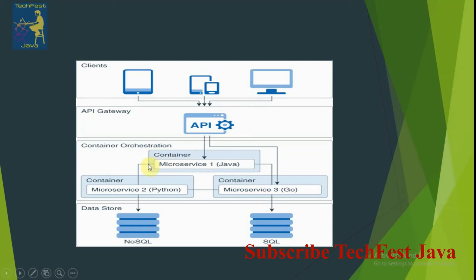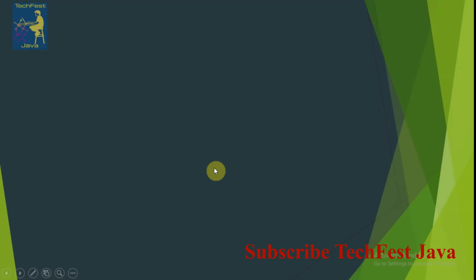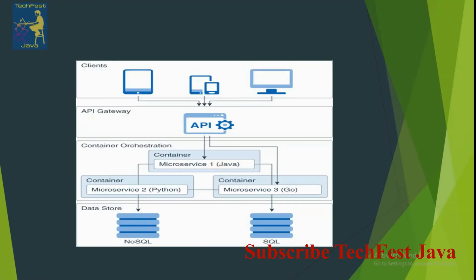And each service has its own container. As you can see, each service has its own container. This is defined by their Docker images, where all the services are Dockerized. When we say a microservice is Dockerized, we are saying that it is basically containerized.